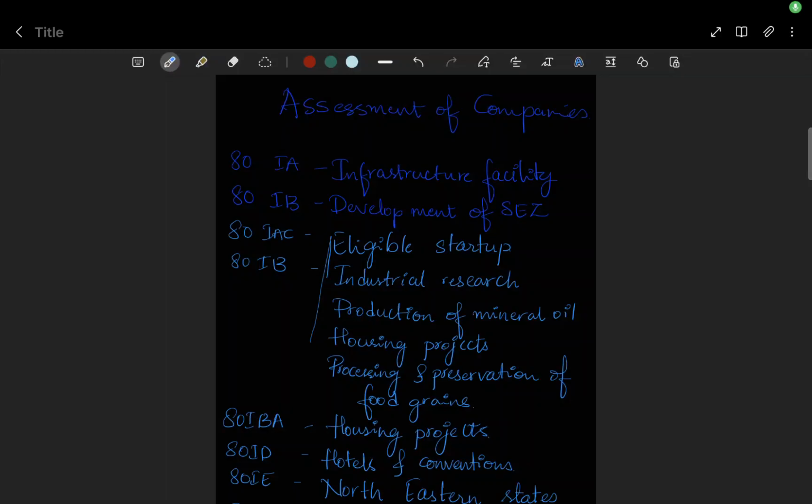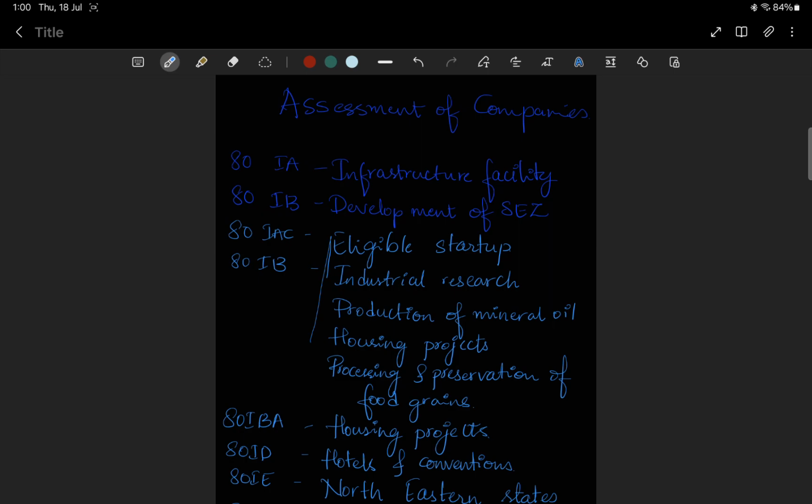Now we are going to start the chapter Assessment of Companies. If you have to learn anything about assessment of companies, the major thing that you have to know is all these deduction sections. When you are studying, at least try to read the name of section 80IA and see what that section name tells. Now, once you know all of these names,